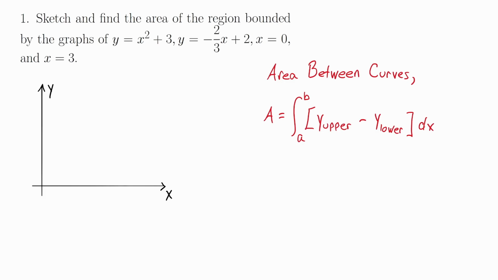Let's start this first problem by drawing a simple sketch of the region. If we take a look at the first two curves, y equals x squared plus 3, that's going to be a basic parabola, shifted up 3 units. And y equals negative 2/3 x plus 2 will be a straight line. So let's sketch the first curve. Take your basic parabola and we're going to shift it up